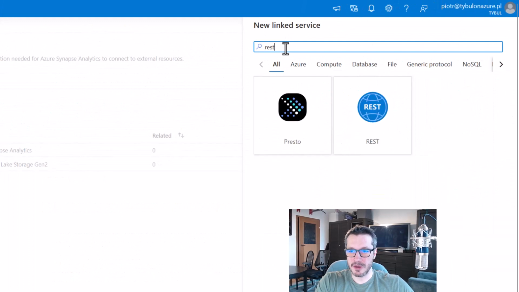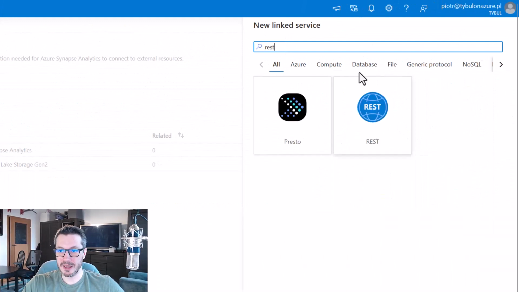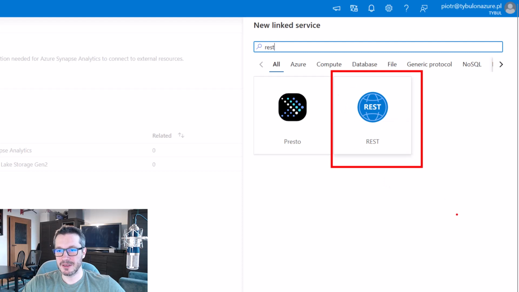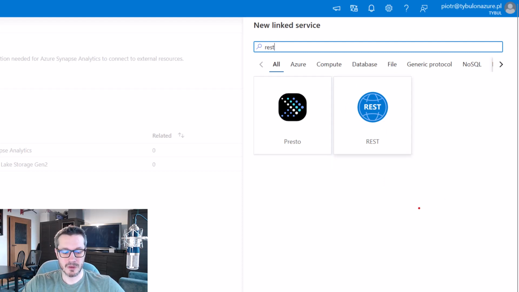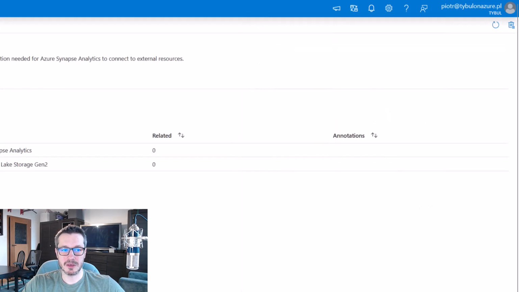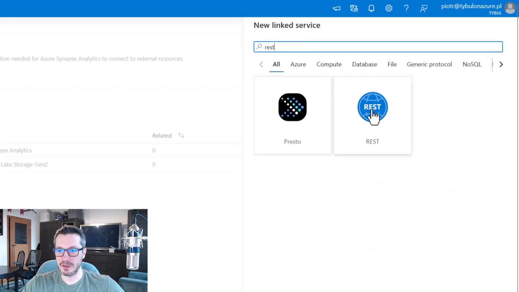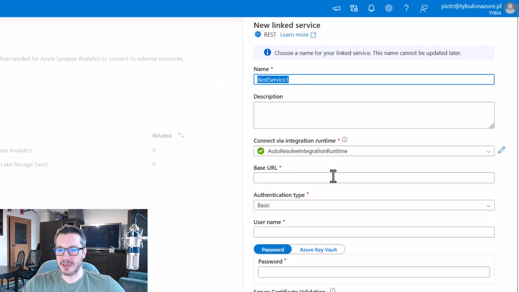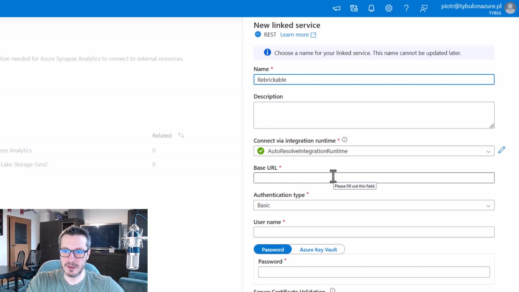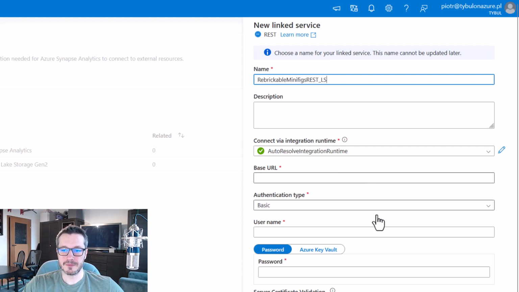So let me type REST, and yep, we've got this REST linked service type that we could use. So let's do this. Let's use a REST linked service. Let's give it a name, like Rebrickable minifigs REST linked service. All right. Then,